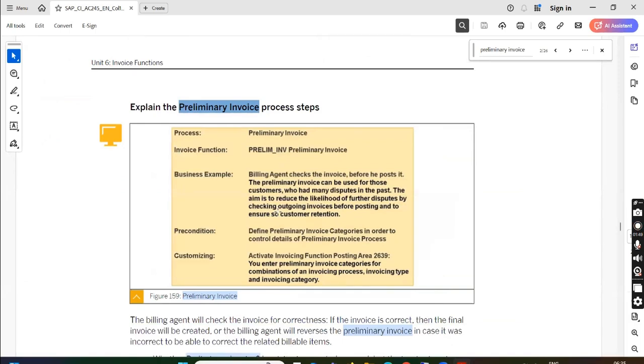So what is preliminary invoicing? Preliminary invoicing means, suppose before I send the final invoice, the customer says, don't send me the final invoice, send me a preliminary invoice first. If I agree with the amount, then you can send me the final invoice. And if the customer doesn't agree with the amount, say the amounts are on a higher side,